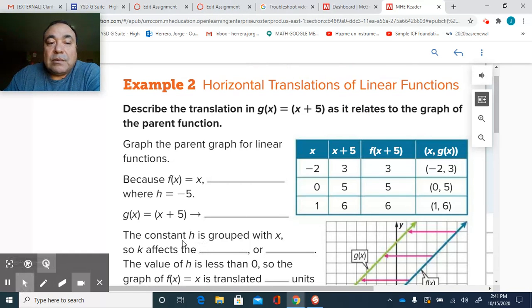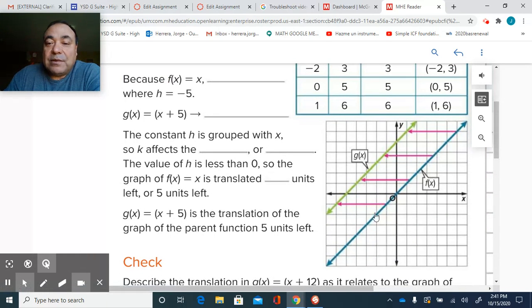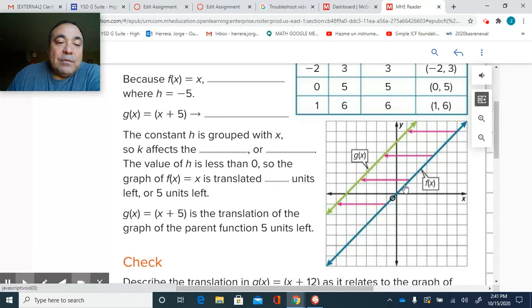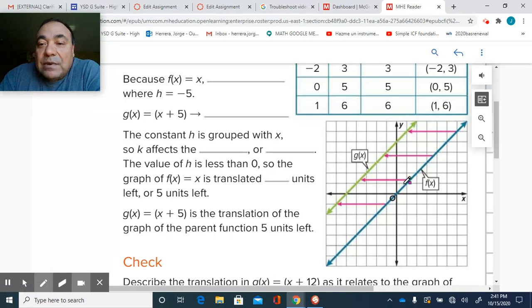Let me just go here real quick. You can see it in which we have f of x right here. Can you see it? And now here you can see 5 units here. See, minus 5, minus 5, minus 5, and that's g of x. See this space between these two, guys, can you see it? It's negative 5, and you move to the left. Okay, so real quick,